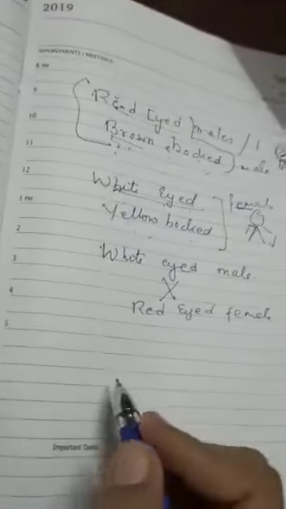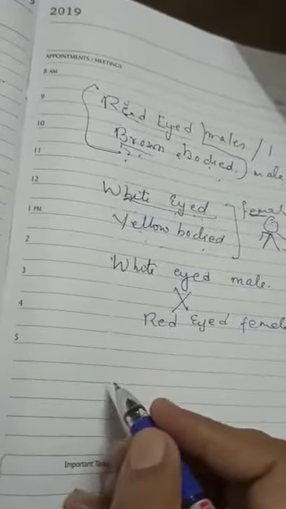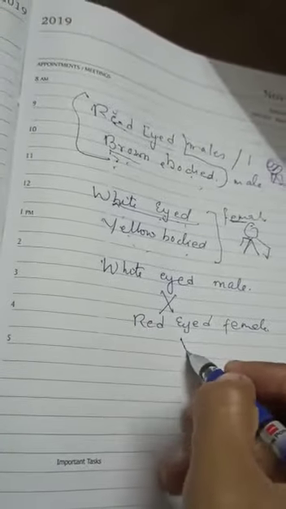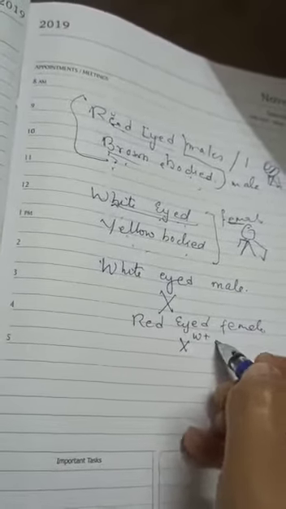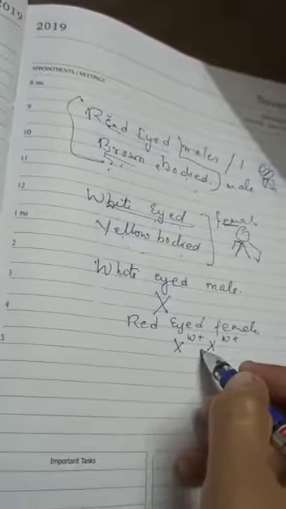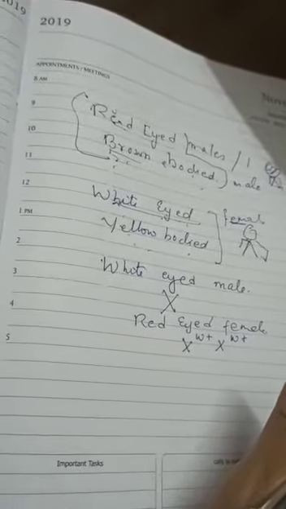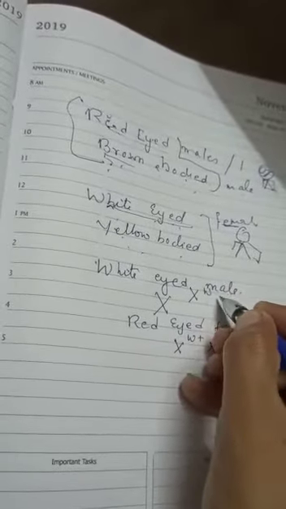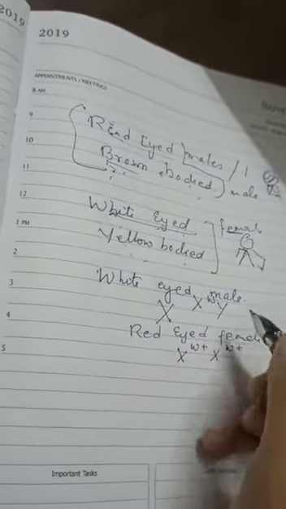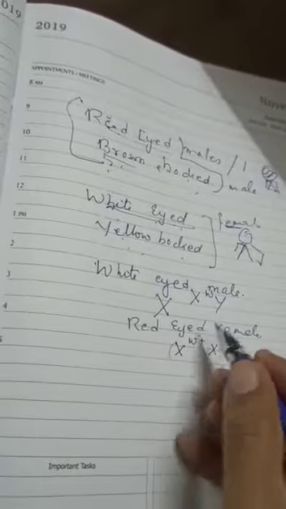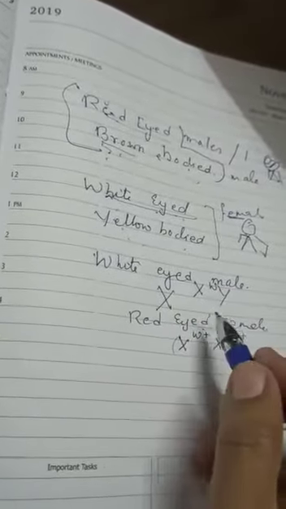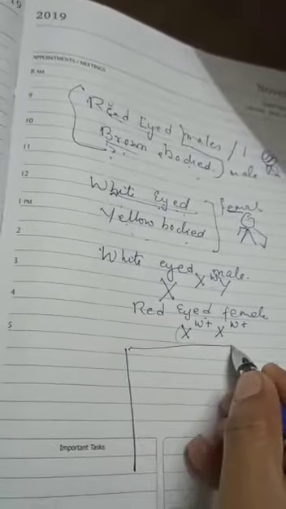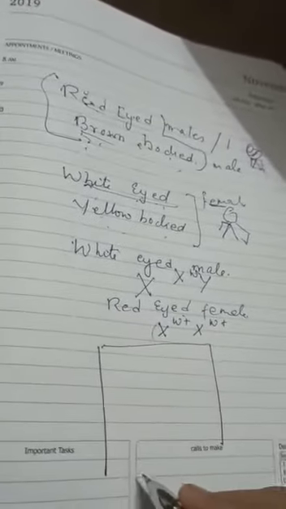So when he crossed that red-eyed female and white-eyed male, suppose we take red-eyed as XW+XW+. This is for red because it is dominant. And white-eyed we take as XW, and since it is a male, XWY. XW+ for red and XW for white. So when we cross it, when we see its